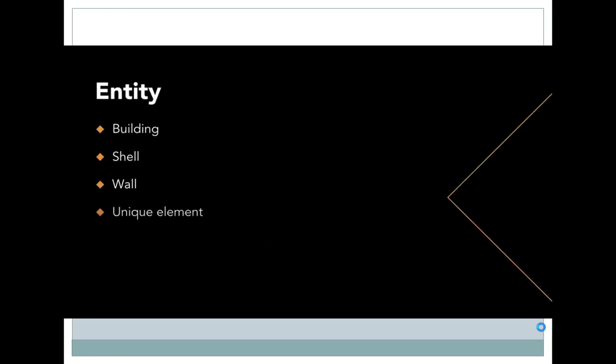Now, an entity could be defined at different levels of the project, from the building to the shell, to the wall, and to the unique element. Attributes can range from 3D elements, identification, description, size, location, and many others. In fact, as many as you need.